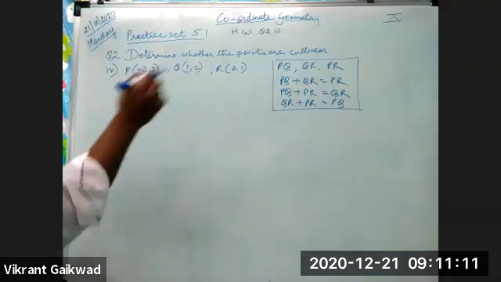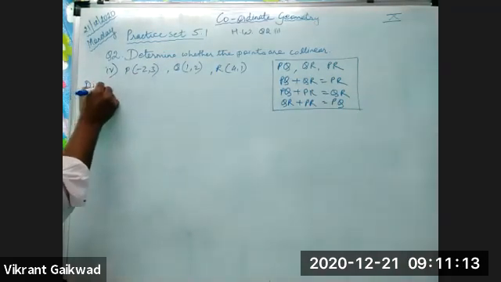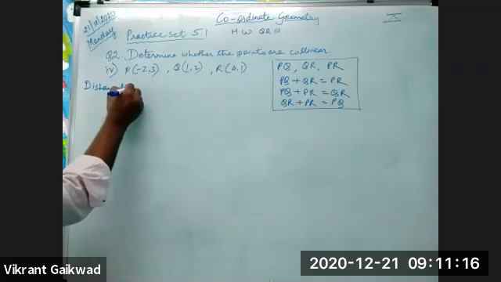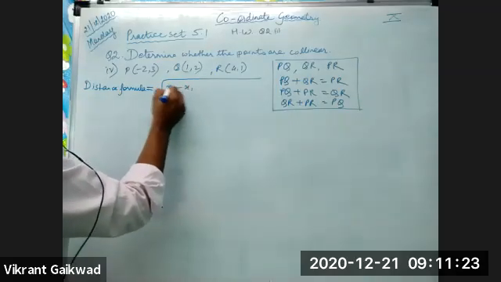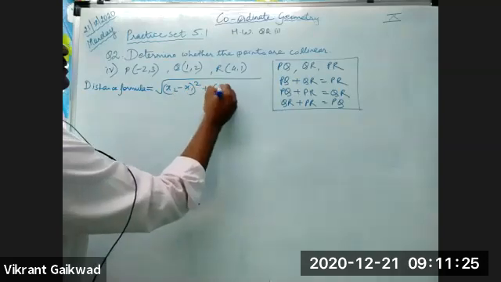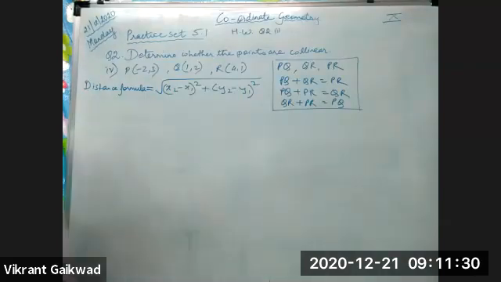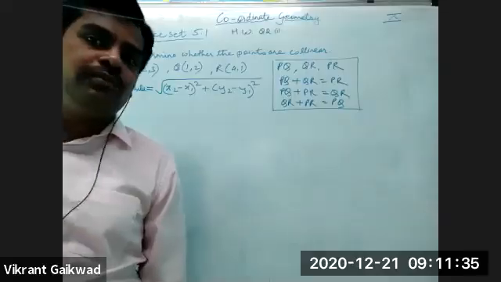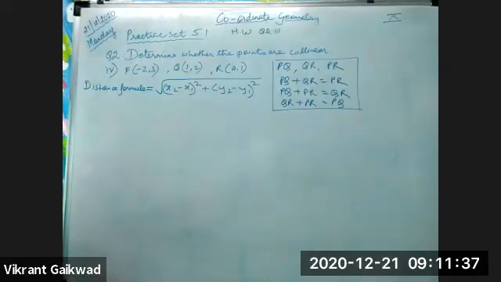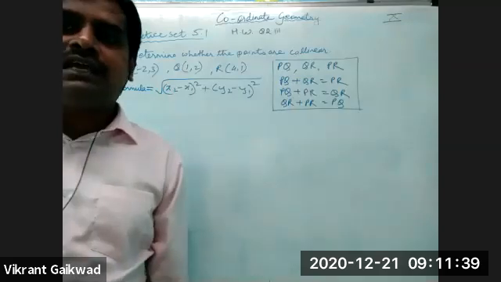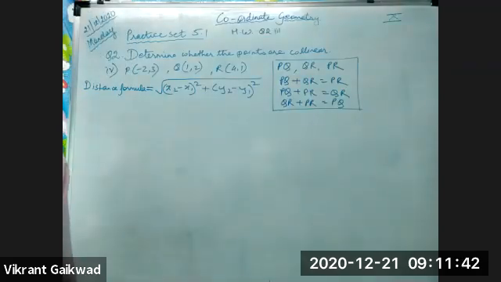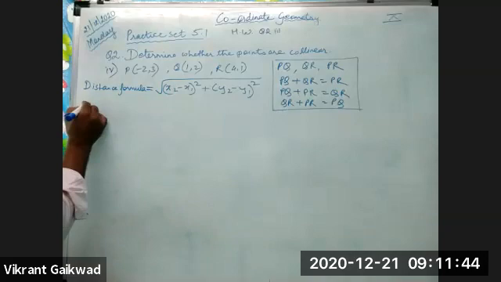Now what we'll do is first write the distance formula. You can learn it by heart here only: the square root of (x2 minus x1) the whole square plus (y2 minus y1) the whole square. When you write it more times, keep on writing this frequently, it will go directly into your brain, so there is no need to memorize this separately. When you practice all these questions, make a habit of writing the formula each time so that you learn the formula by heart.